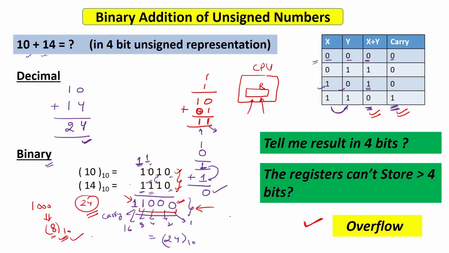And the second thing, as I told you, the answer is coming as 24, and the range is 0 to 15 in case of 4-bit unsigned numbers. So 24 is going out of this 0 to 15 range. That means you have reached a condition of overflow. So in 4 bits your number will not be represented. If you have a CPU which is storing the result in 4 bits only, you will not get the correct answer. You will actually get just the 8 after adding this 10 and 14.